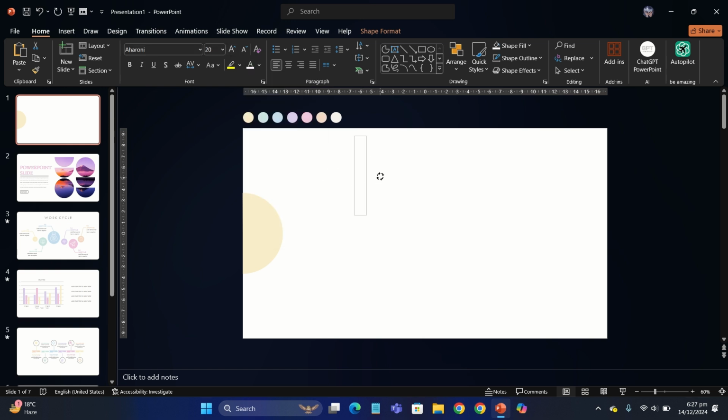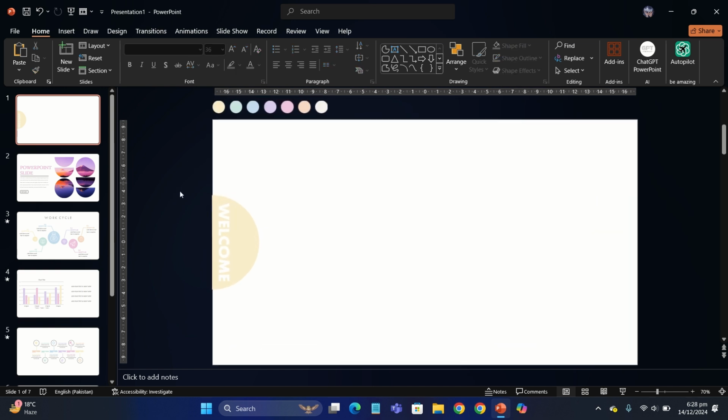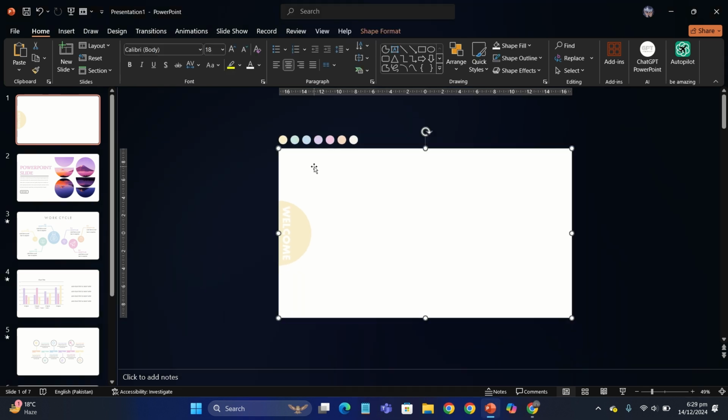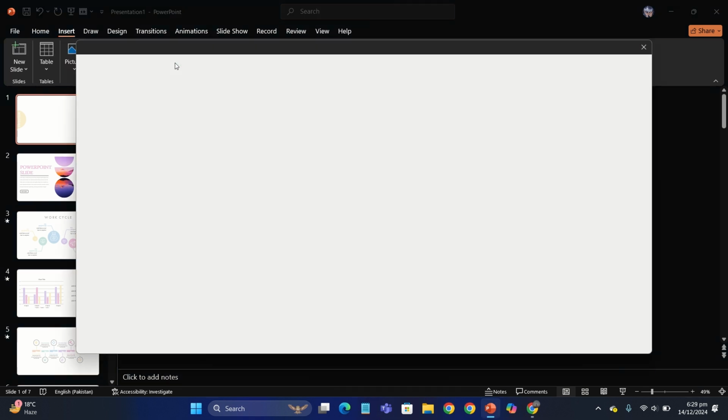Insert a text box in which you're gonna write your first point, and let's change its color, rotate it like this and put it right here and increase its size and use a dark font and a bold font for it. Let's just put it right here like this,